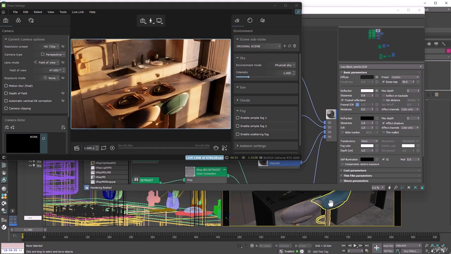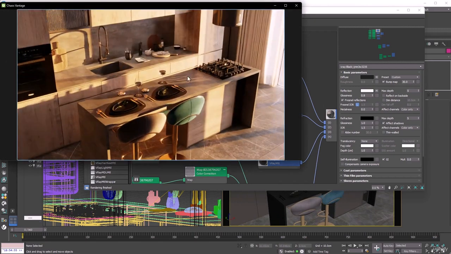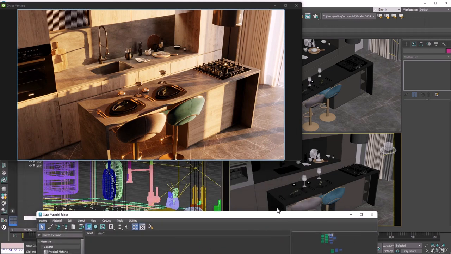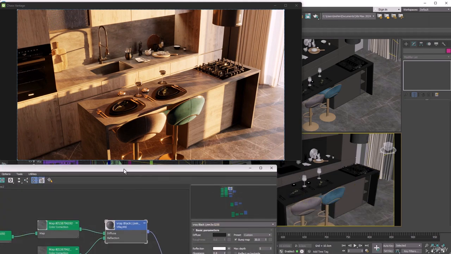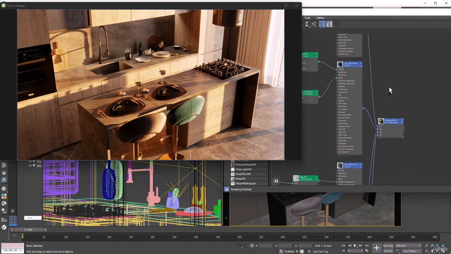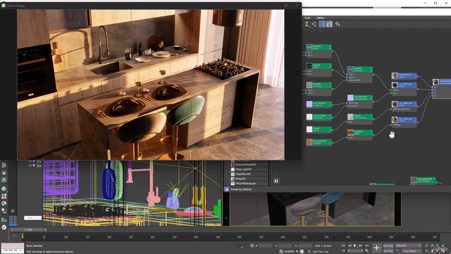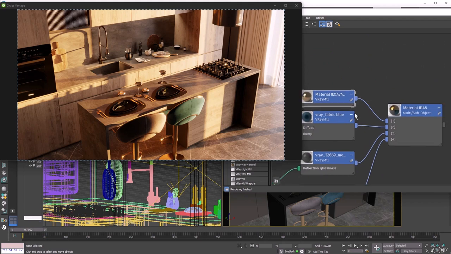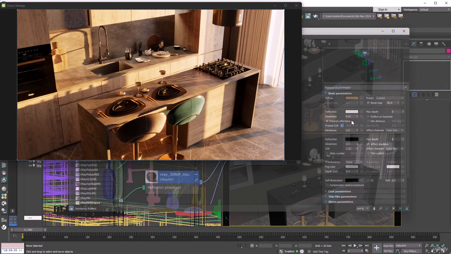So let's make this one full screen and get back here and pick the material of these chairs, these ones. We do the exact same process to organize it. Right, we have it right now, and this is our texture and materials. So when we disconnect this map, you can see the changes. There's nothing special about it, but about the metals, make sure the number of metalness is 1 and then give